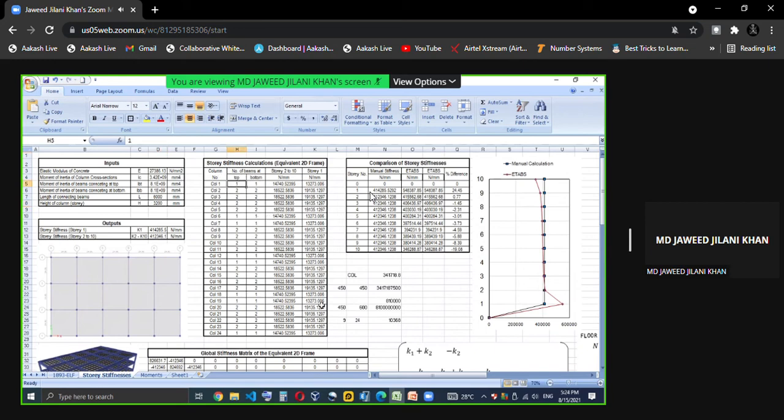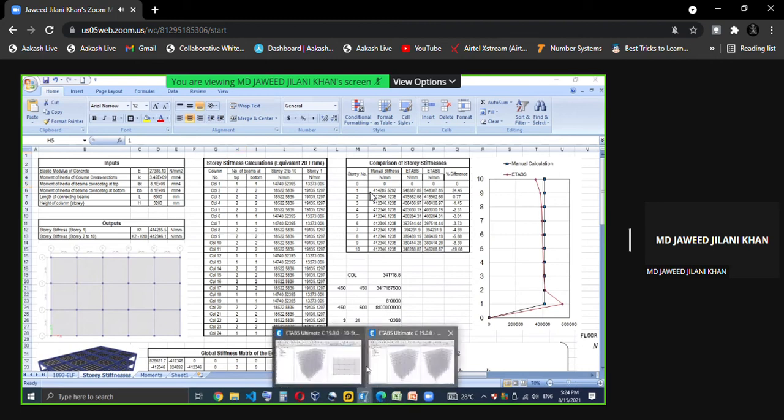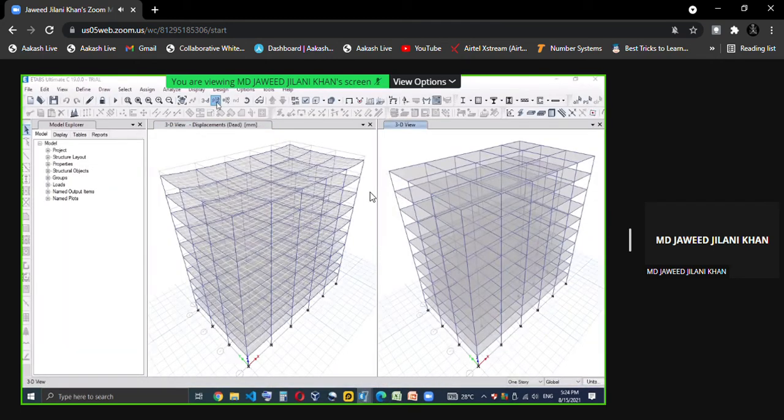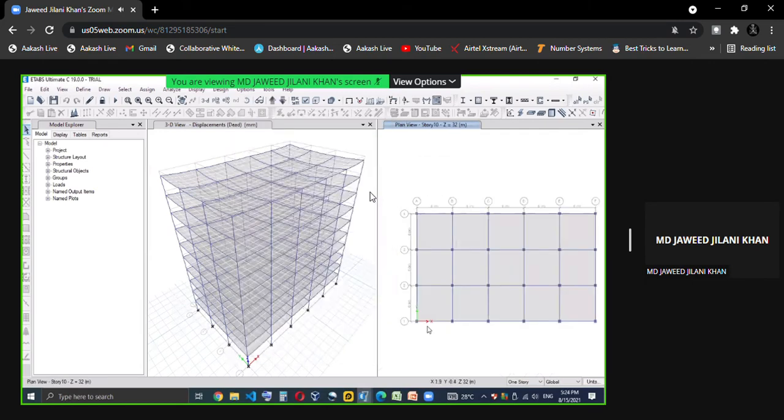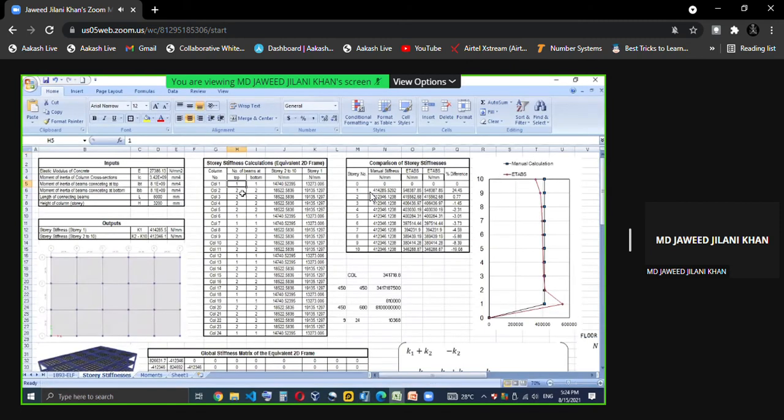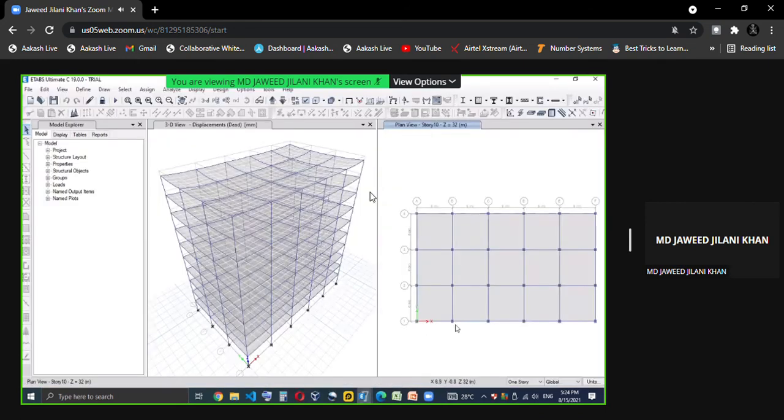If you see column 1, the first column, there is only one beam here. So in this particular frame, only one side beam is there. But for the second column, you have two beams. Third, then again the end column, you have only one beam. So for the first column, top and bottom, one beam is there. Likewise up to the sixth column; you can see here in ETAP, 1, 2, 3, 4, 5. Sixth column again only one beam.